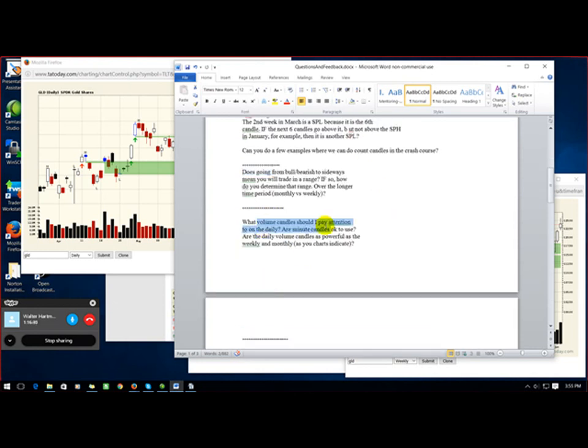Okay, volume. Well, yeah, you pay attention. The question is whether to pay attention to volume on a daily, sure. Minute candles, sure. On minute candles, though, I think a minute is way too small. I'd do 5 minutes at most. But if you're trading intraday, and we'll do this next week,